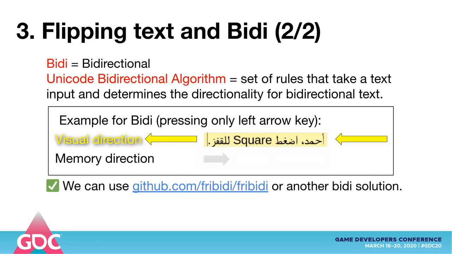In this example, we have a sentence that means Sammy pressed square to jump. So we have a predominantly Arabic sentence that goes right to left, but it has English words and English punctuations in it, which are spelled in the opposite direction. So, per BiDi, the visual positions should be different from the memory positions. To illustrate that, if you put the cursor on the sentence and press the left arrow key on the keyboard, it will show you the actual memory locations. Nonetheless, this is working as intended and the sentence is legible.